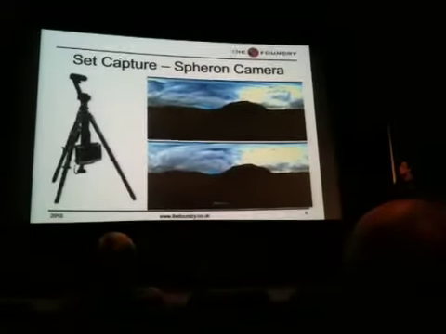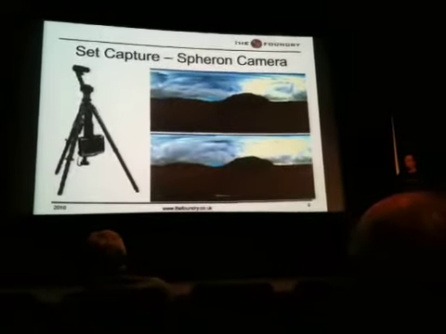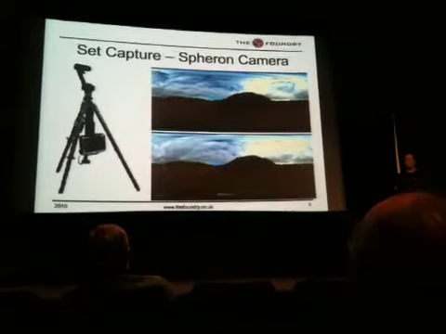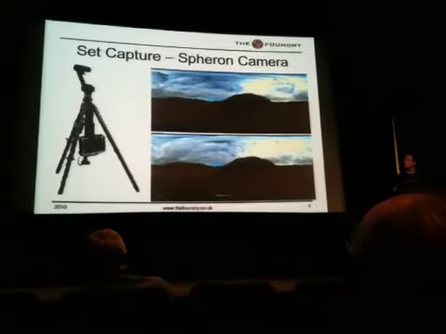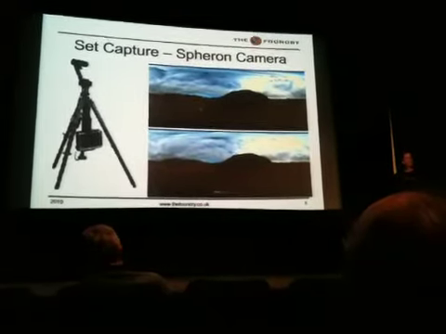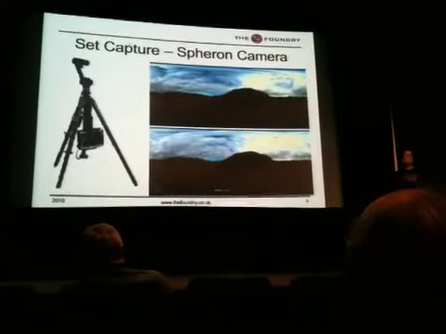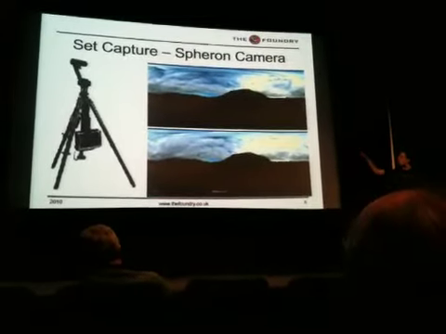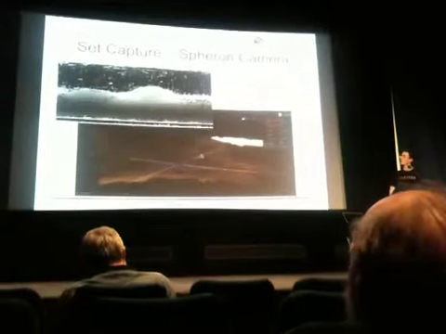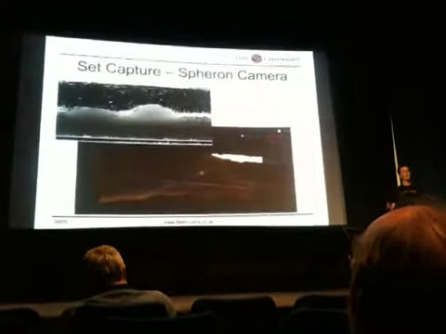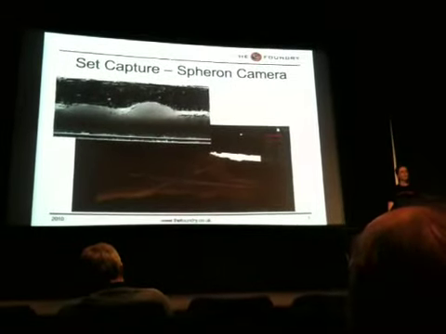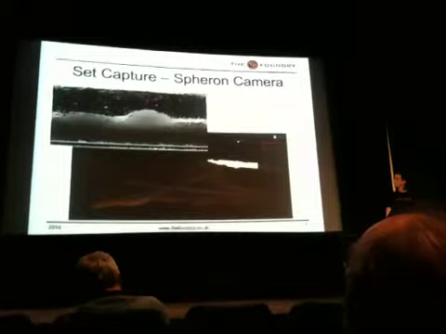The University of Surrey have also been working on set capture from a slightly different perspective. Here on the right-hand side, you can see two environment maps taken using a spherical line scanning camera, the Spheron camera on the left here. You take those two environment maps at different heights. From the different positions, you get parallax, which tells you about the depth in the scene. So if you take those images at two different heights, you can treat that as a stereo pair of views. You can calculate disparity, and from disparity, you can calculate the depth. So there's a set of plugins to calculate depth maps from HDR images, and from there,